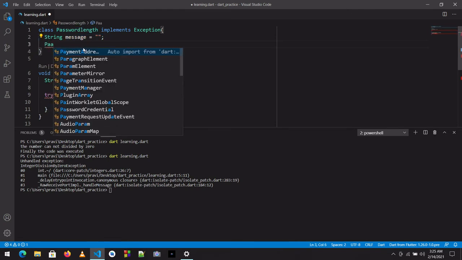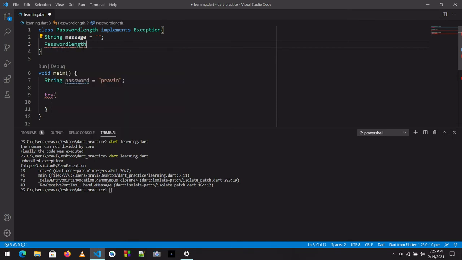So this is the PasswordLength constructor. For changing the value of this message, we will use this.message.